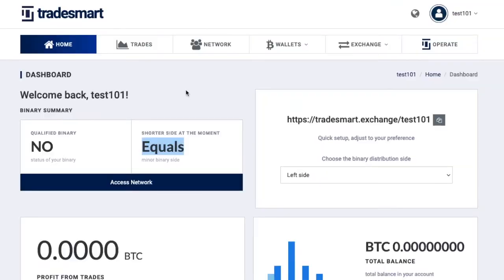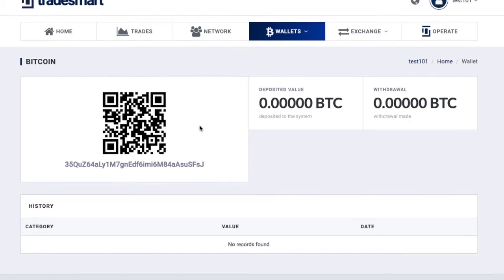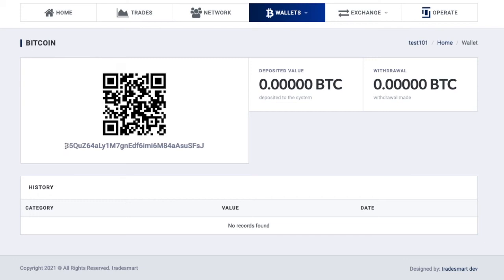It's very simple. Remember that with this company you can invest any amount you want as long as it's more than 0.001. So all you need to do is you go to wallet and you choose the first option, the Bitcoin BTC. That company is going to give me a wallet. So when I send money to this wallet, anything above 0.001, it's going to show up here on the deposited